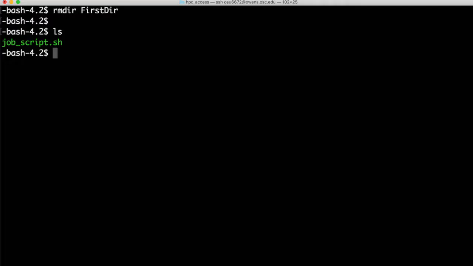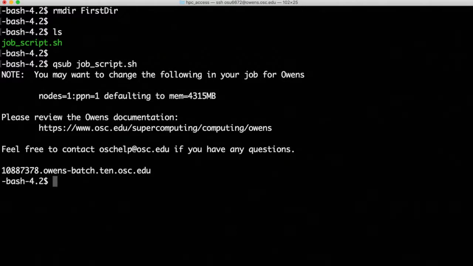But before I do, I'll go ahead and delete the firstdir folder that we created previously, since the goal is to recreate it with this compute job. With PBS, the command to send the job is qsub, which submits it to the job queue where it's held until sufficient resources are available to run it. One thing that's immediately returned is a job ID, which indicates the job has been successfully submitted to the scheduler.